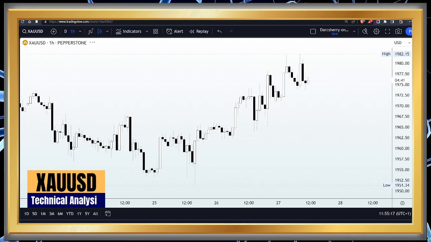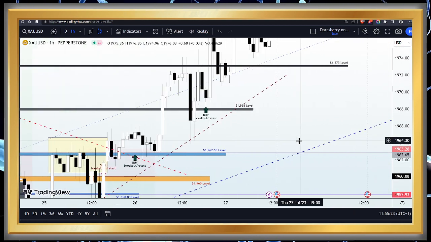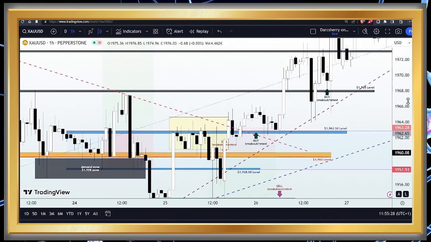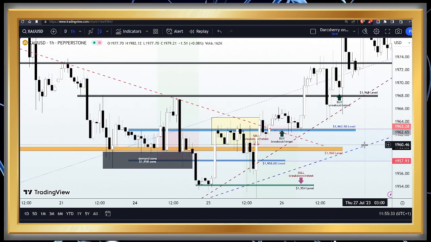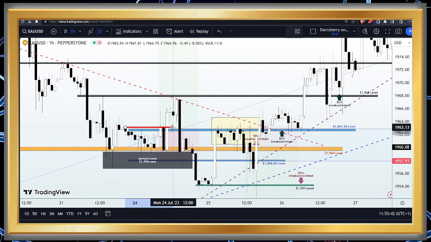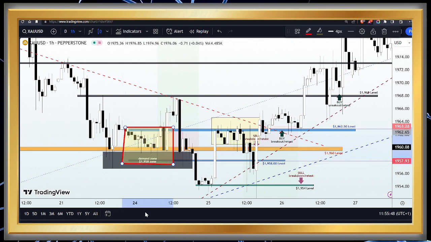We have actually been buying the XAUUSD since the beginning of the week, giving us multiple entries to capitalize on a bullish move. But before we even got to the idea of buying, remember, we had a very strong indecisive phase during the first half of the week. Remember, we identified a range where price was initially caught between the $1,962.50 level and the $1,958 area, to give us an insight into the level of indecision at that point.